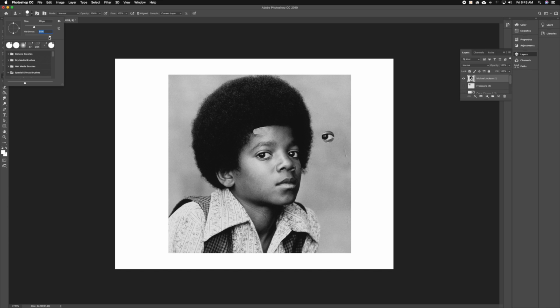So by using the clone stamp tool, I can go ahead and change the hardness and the softness of the brush so I can blend some of the colors that are in the picture. And this is a black and white photo, so I can change different things very, very easily. It becomes difficult when you have color in the picture. But here, I'm using softness to identify some skin tone, and I can edge out the hairline. So if I change the opacity down here, you'll see that it doesn't copy as strong, but I'm still getting some type of tendencies. I usually have to go back and change some of the opacity down just a little bit, just so I can get some